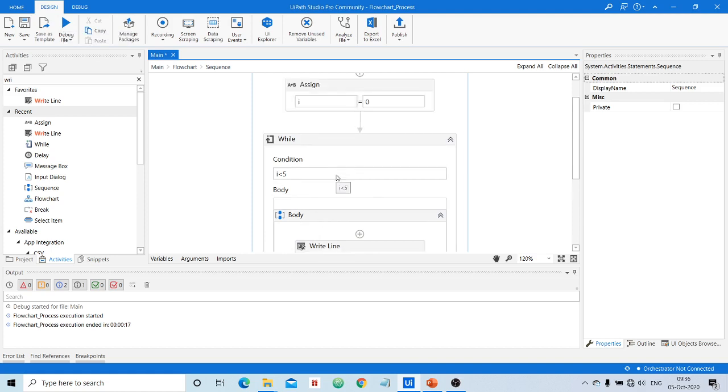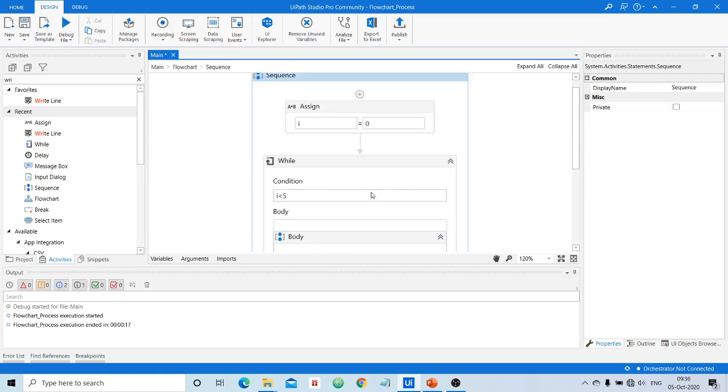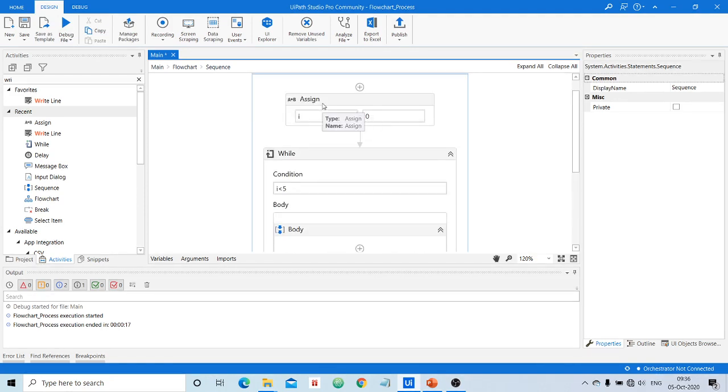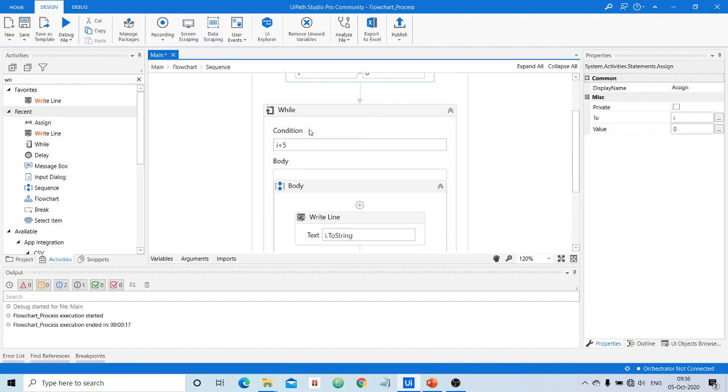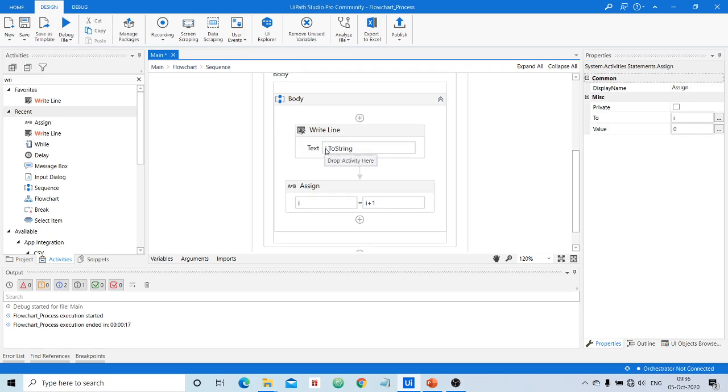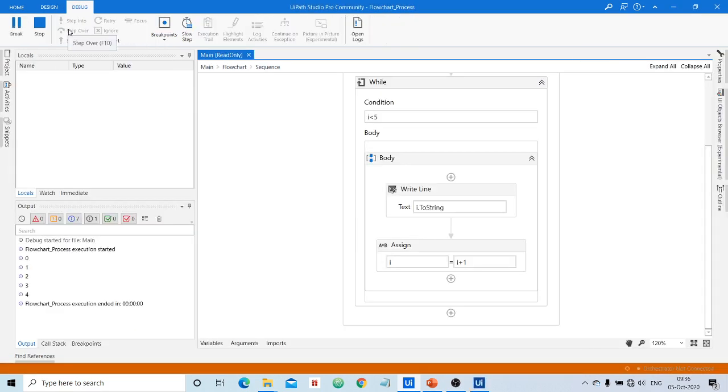What I am trying to do is this: this sequence has a while loop, where, as we know, initialization has to be done outside the while loop. So I equal to 0 has been assigned here. Then until I is less than 5, it will write the value of I. What should be the expected output? 0, 1, 2, 3, 4.